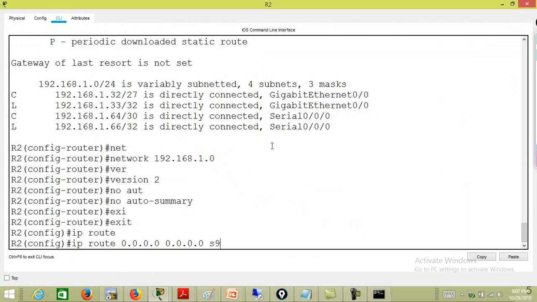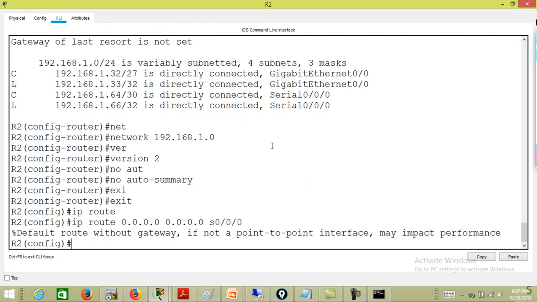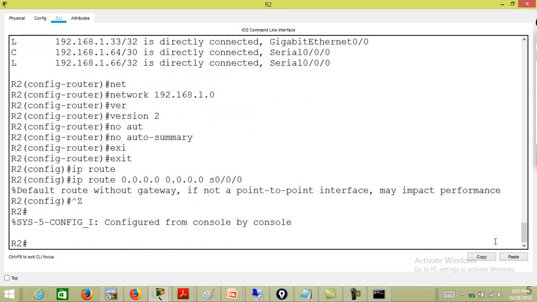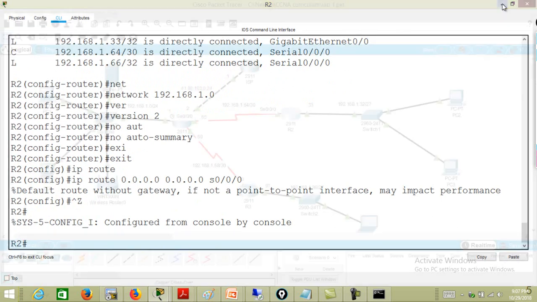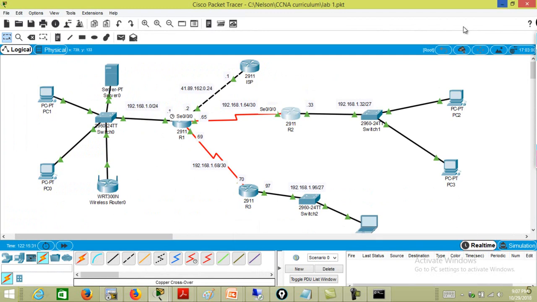So we can do S0. Hey, typed 9. S000. It's still giving us the same warning, but I think now this will be able to. Damn, we'll not be able to test it because our ISP does not know about